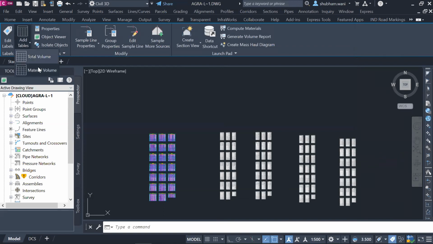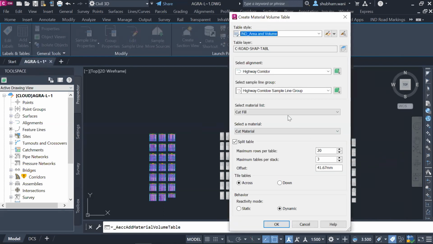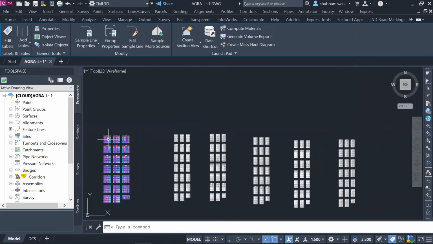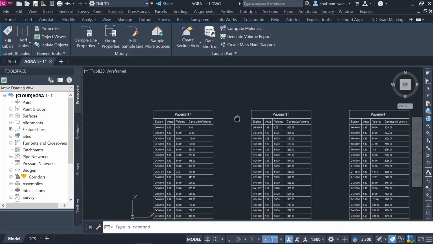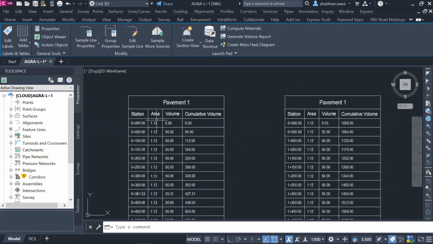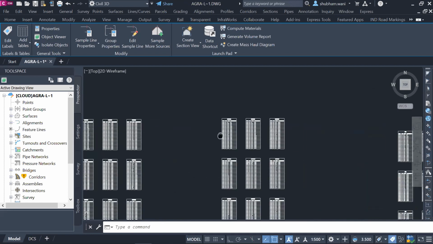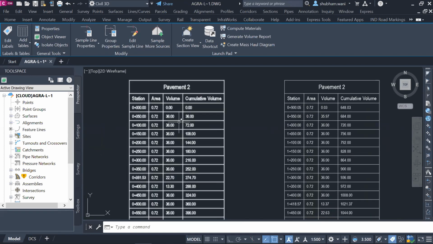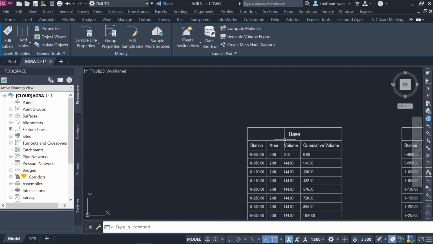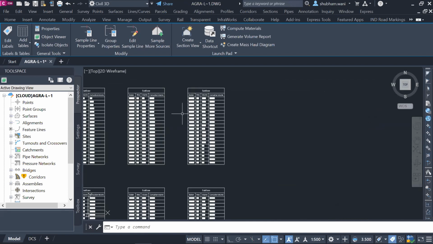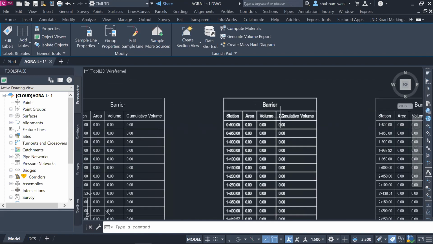So going into add table material volume, and here select material list the material barrier. So all material table here and also the volume available. So the pavement one or the stationing and also area and volume of cumulative volume will be displayed here in pavement one. And here's also pavement two layer, the area and volume showing here, as well as the base and sub base table also I'm putting here for the material table and barrier only